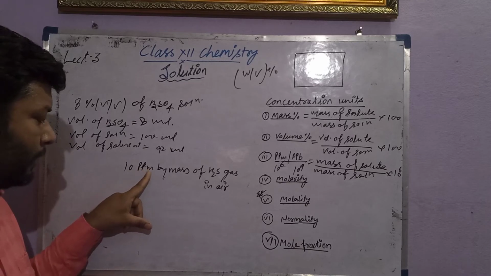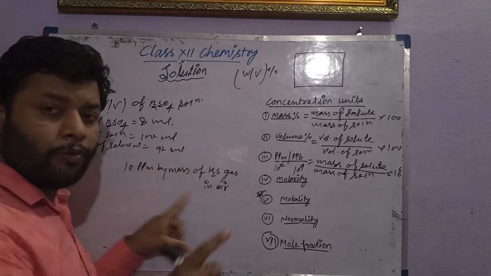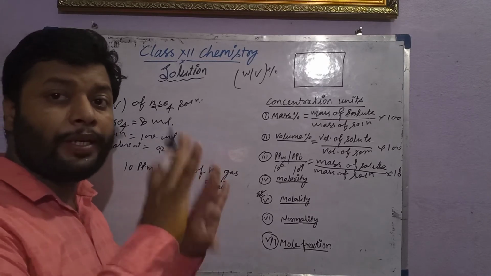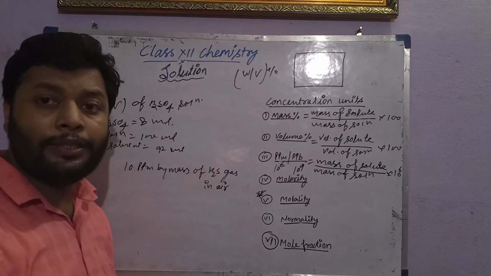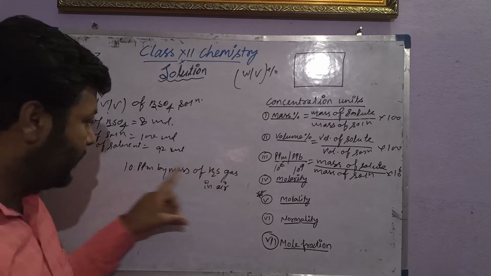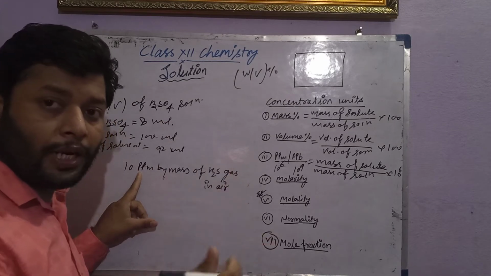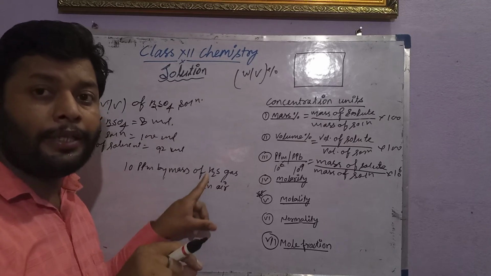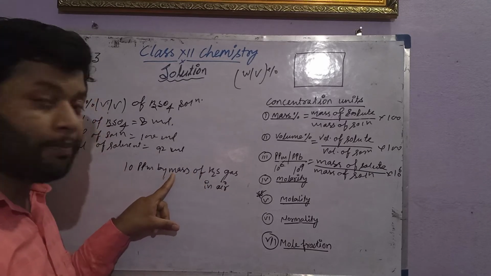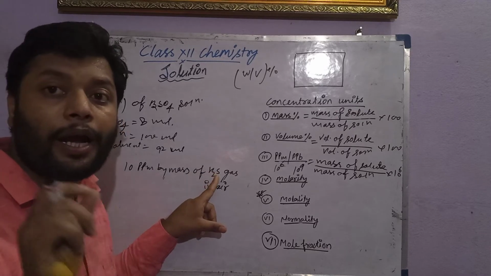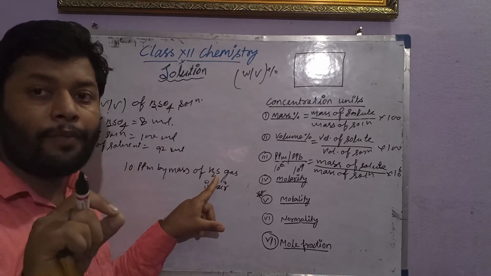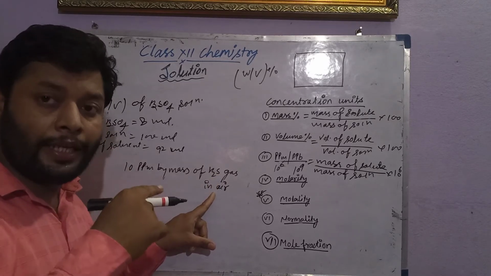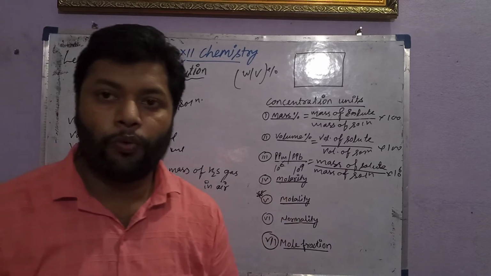parts per million. The solution is 1 million, which is what is solution? Air. Here air is a solution because here is a mixture of different components of the gases, and H2S gas is a solute. So the H2S gas is a 10 part out of 1 million part of air. The 1 million part of air having a 10 part of H2S, and there is a terms by mass, so indicating 10 gram of H2S, and mass of solution, that is air, is 1 million gram.